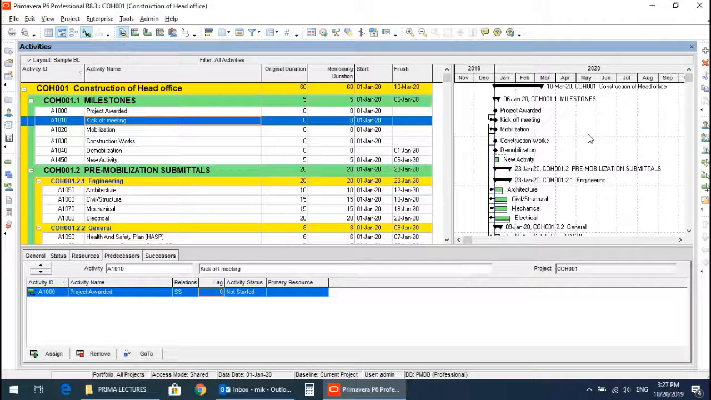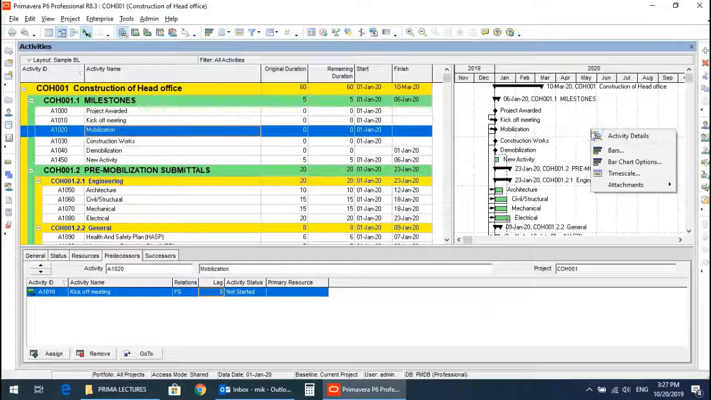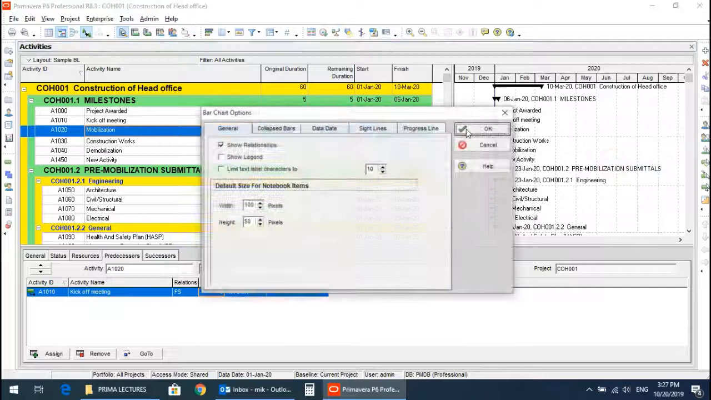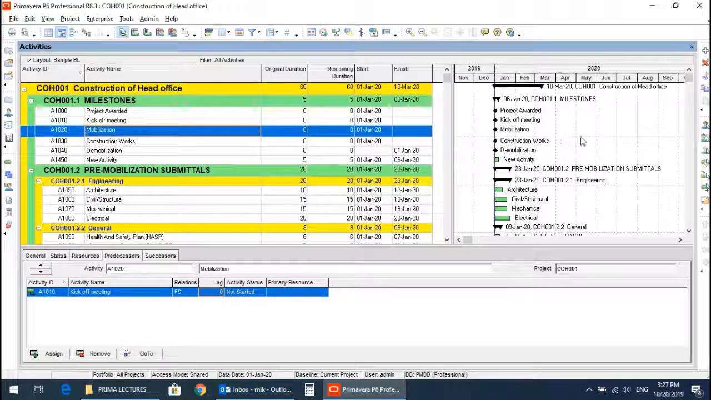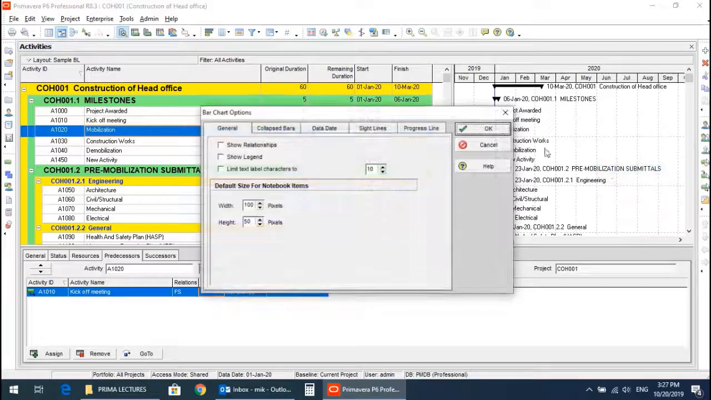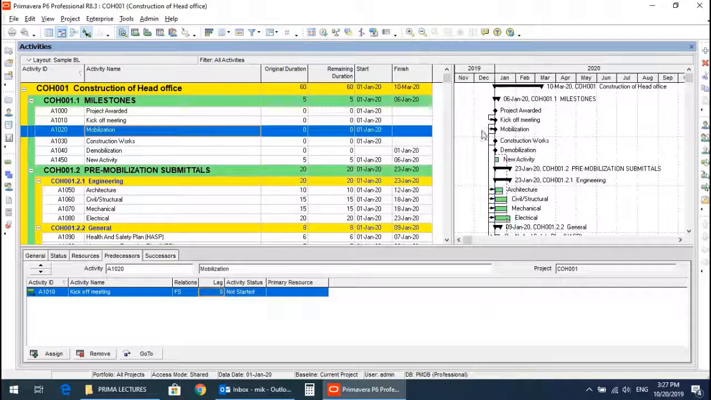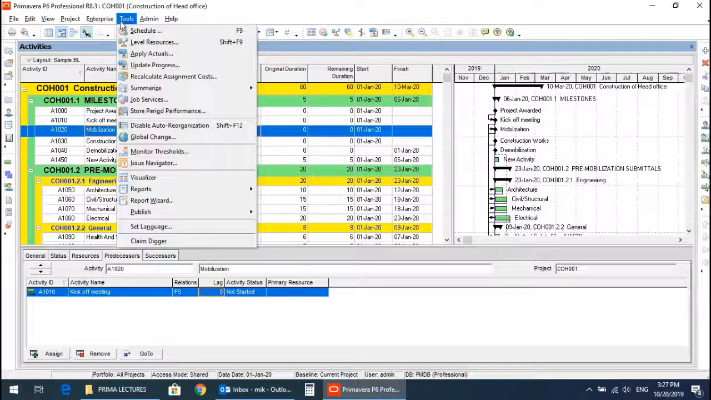Sometimes you will not see these arrows, so to show these arrows you will click bar chart options and you will see show relationships. If you uncheck this, the arrows will disappear, but we want to see these arrows, so we will show these relationships. Click OK. To schedule the activities, we will go to tools, schedule, or hit F9